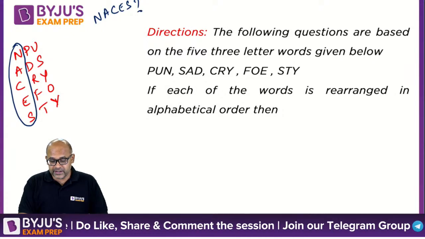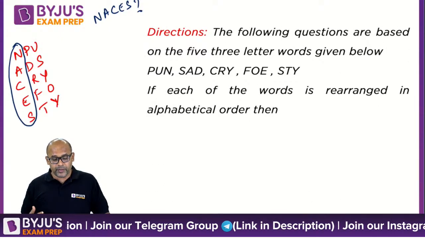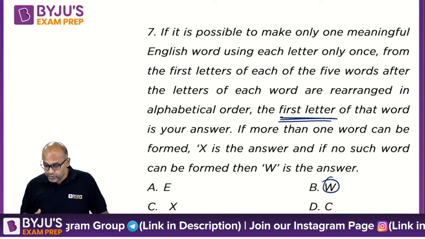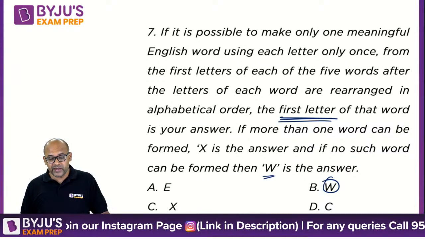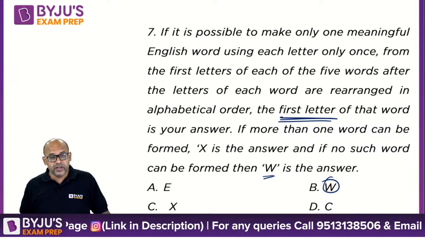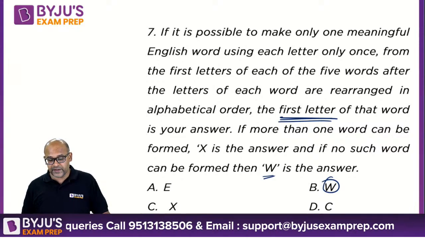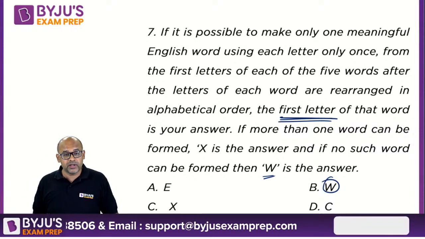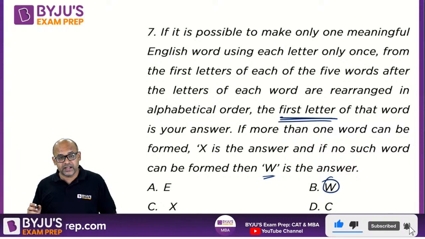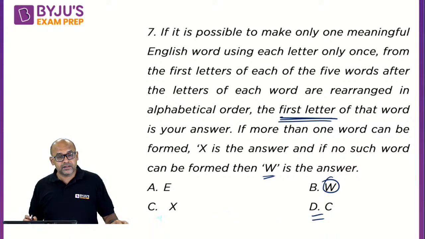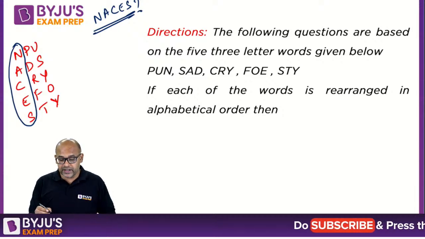So, Vicky says B, option B. I think option B means W. Where is W coming in this at all? W is no such word can be formed. Okay. So, all those who are saying B, you are saying that no word can be formed. Shravya says D. D is C. What is C? C means, okay, you're saying the first word starts with C. Could be possible. Let us see, is there any other answer? Some of you are saying B, some of you are saying D. Nobody else? Okay, so guys, there is one word that can be formed and the word is